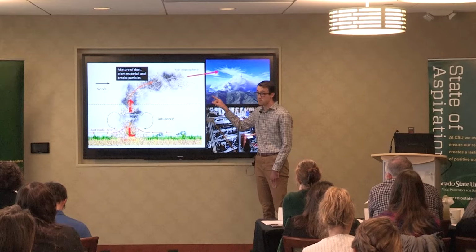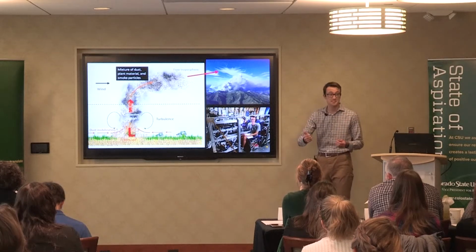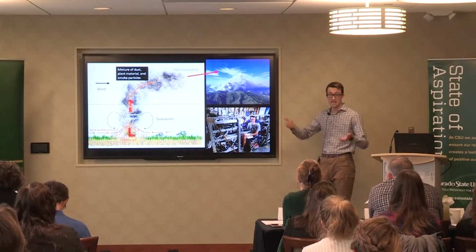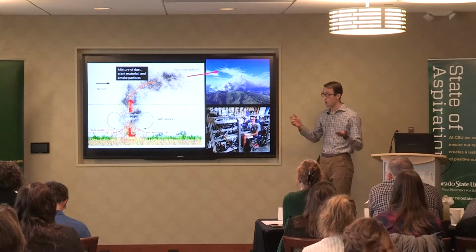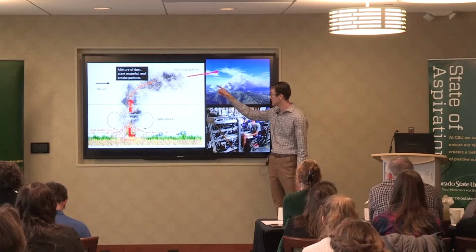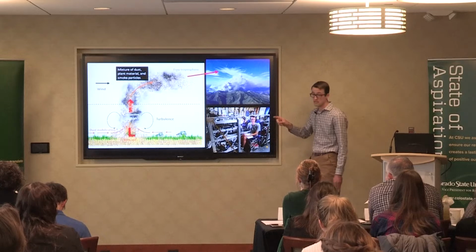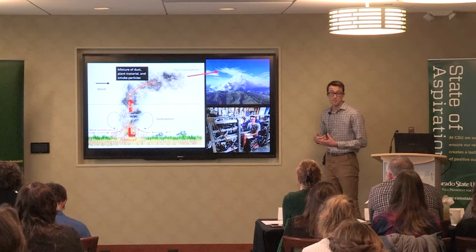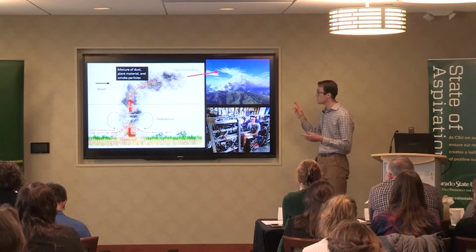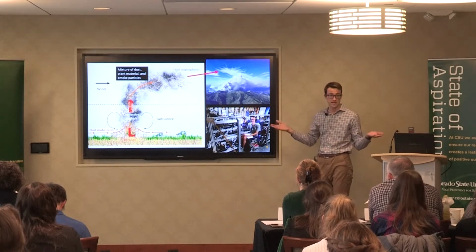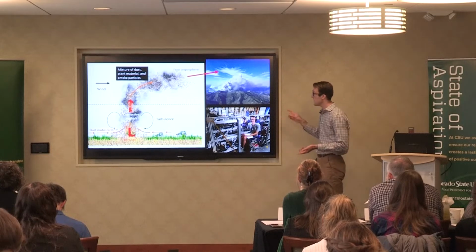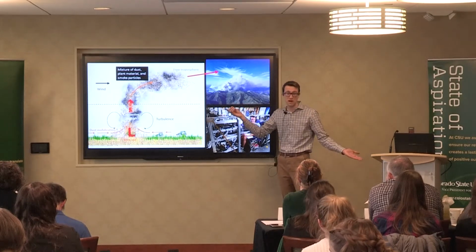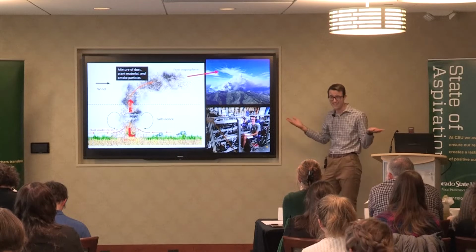So some of these particles, what does that mean? It can have serious air quality impacts and human health hazards, while other particles that are transported long range can impact clouds, as I'm showing here with the red arrow, and that's been the focus of my research. Now, when we think about clouds, we think about rain and precipitation. And that's really important when we're thinking about wildfires. We want more rain to happen, right?